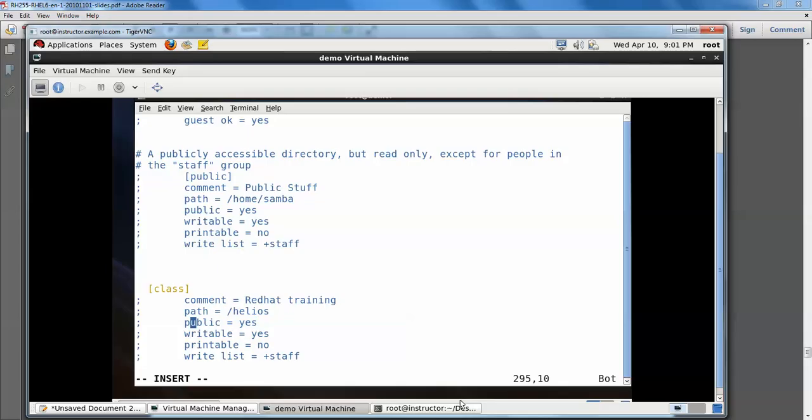Public equal to yes, that means public users can access your service. Path Helios, writable equal to yes, printable no, write list staff.